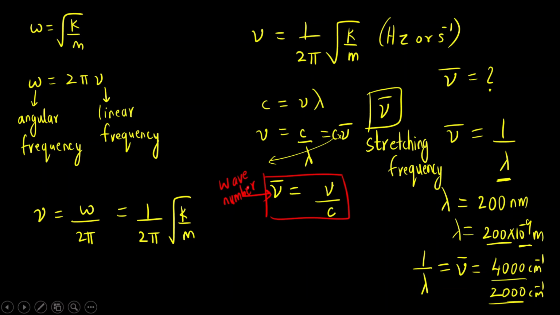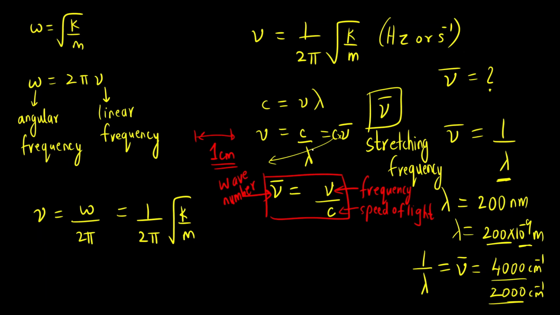What is wave number? Number of waves passing through a unit distance, let's say 1 centimeter. That is wave number. Nu is the frequency, and c is the speed of light. Now we can substitute and find out the value of nu bar. I have to divide both the sides by c. So the final equation that I get is nu by c, which is nothing but nu bar, which is equal to